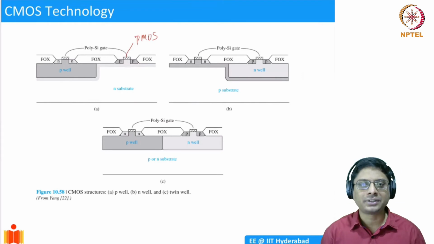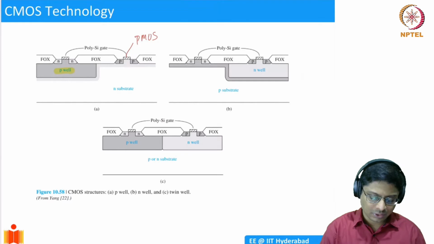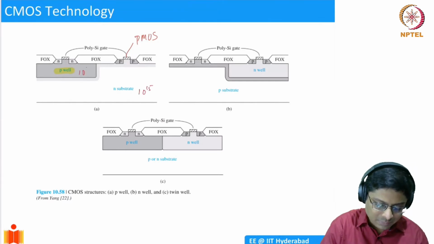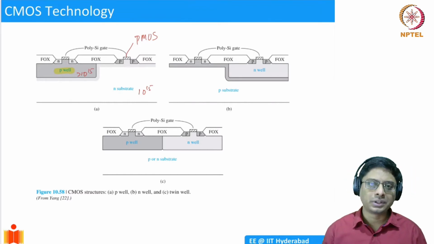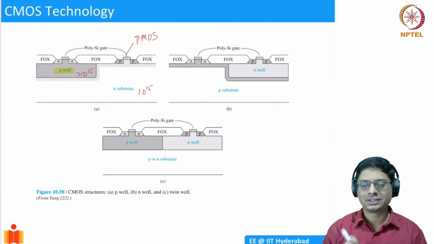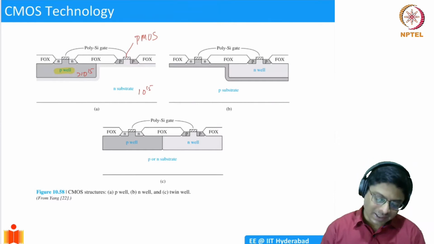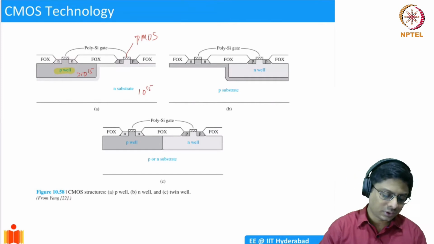But to make an N-type device, we have to create what is known as a P well. Because the substrate was, let's say, 10 power 15, my P well doping has to be greater than 10 power 15. It could be maybe 10 power 16. If I have that doping, then I'll essentially compensate the donors, and then I'll create more acceptors. So you saw that there is compensatory doping, and the region behaves like a P-type substrate. Then you have the source-drain regions for your NMOS device. So you can fabricate this way.